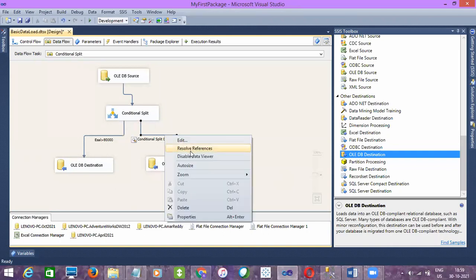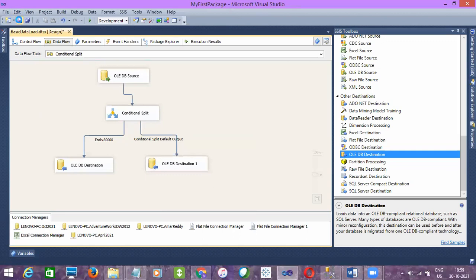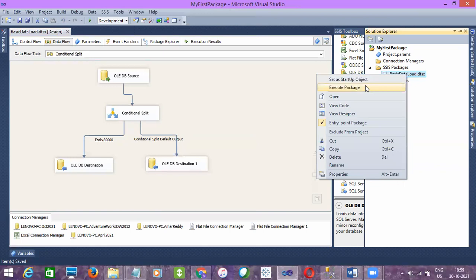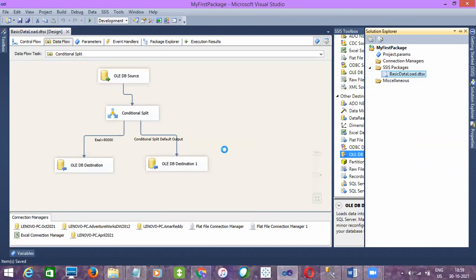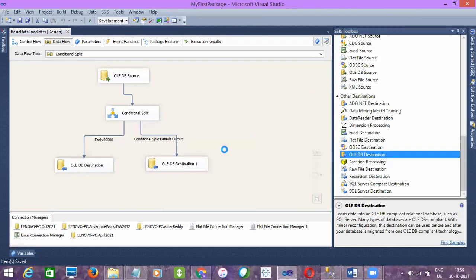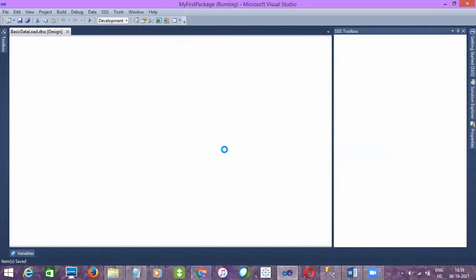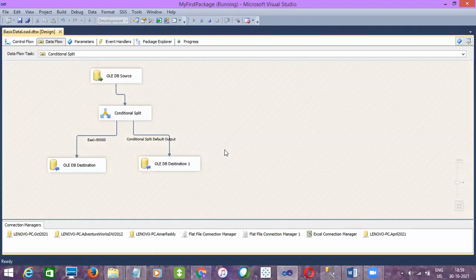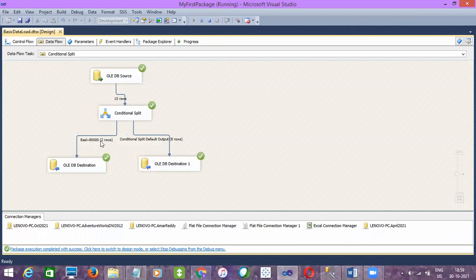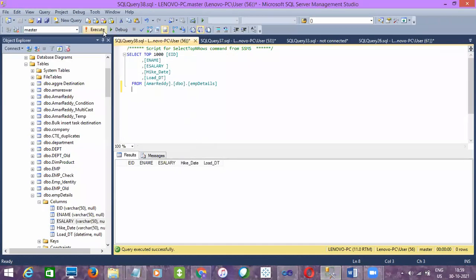Let me disable and enable the data viewer. Right click and execute package. So I'm just checking here, greater than or equal to 80,000. I think again it is wrong data. It's correct only, right? 80,000 and 90,000, but the table is having, if you look here,